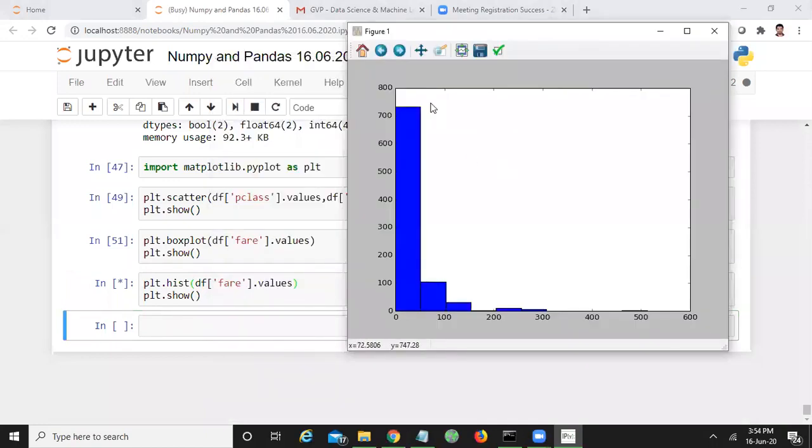Okay, so it represents the count according to the fare.